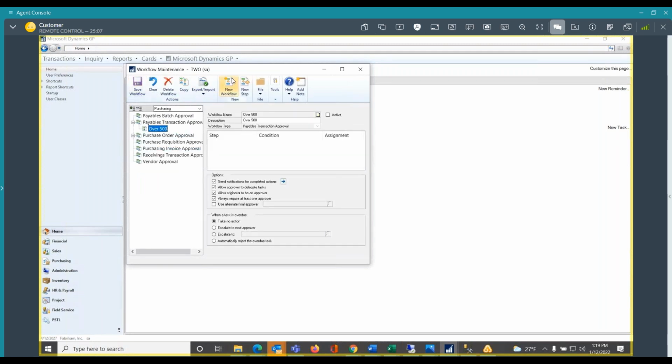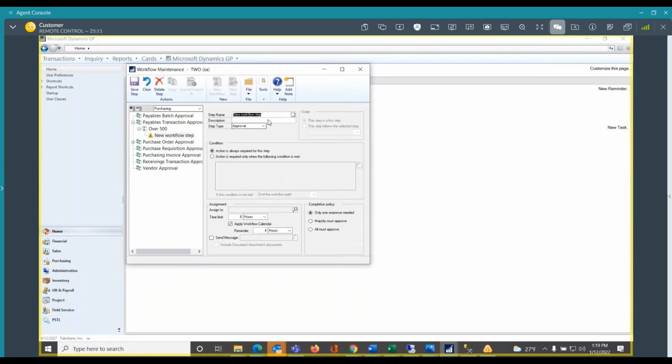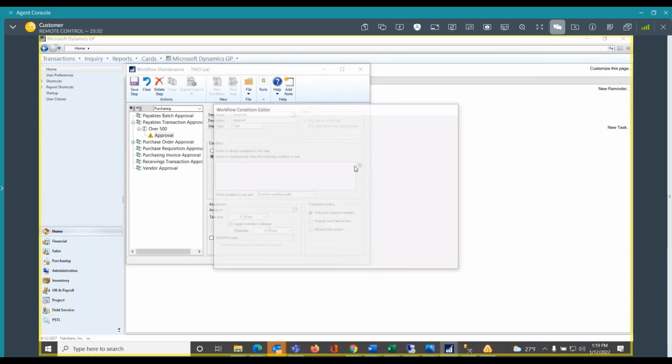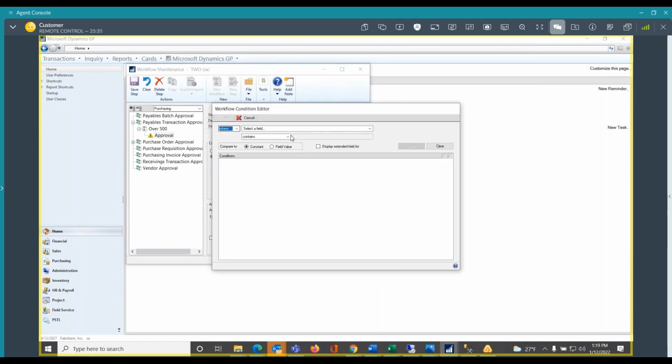And now let's come back and let's add a step. So again, a step is a condition. So I'm going to call this step the approval. And I'm going to make this a task. And I want to say the action is required only when. So now I'm going to actually go in and create something along these lines. So if